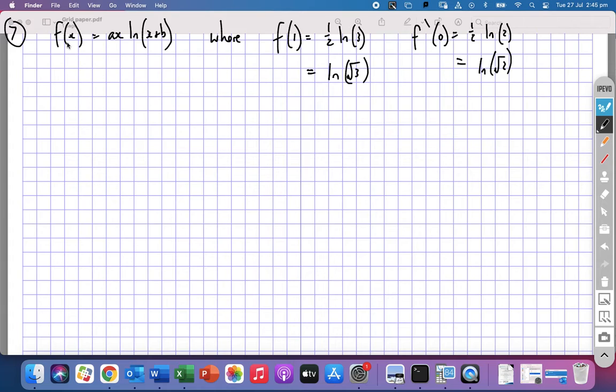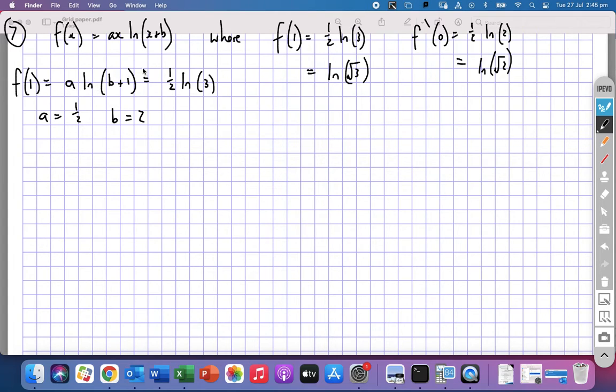Okay, so let's substitute 1 into the function first. And we'll get a. So that x has become a 1. This x is also becoming a 1. So we get a log b plus 1. And that has to equal half log 3. Now the logs are in the same base, and at this point I feel like we've got the answer, to be honest. I'm strongly suspecting that a is a half, and that b has to be 2,